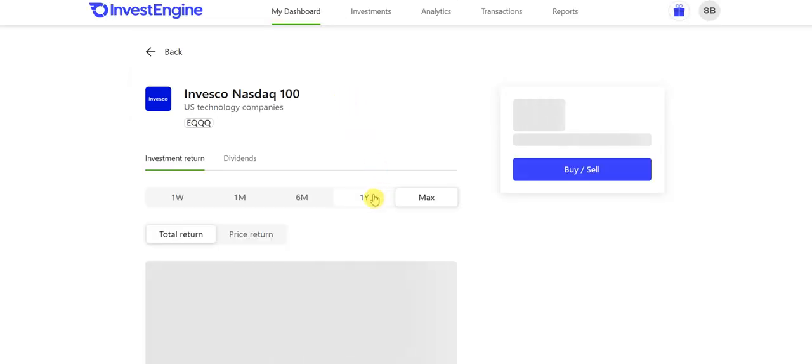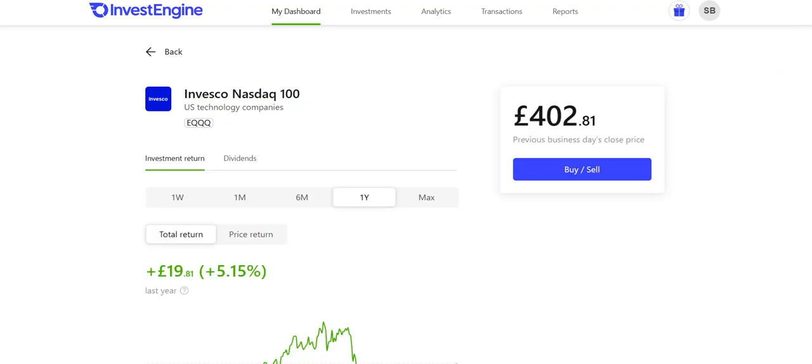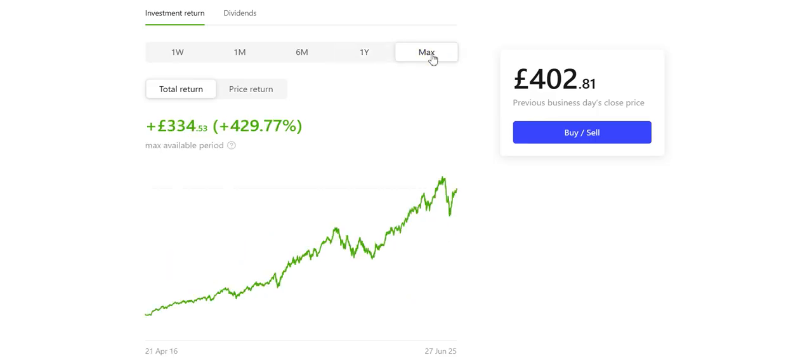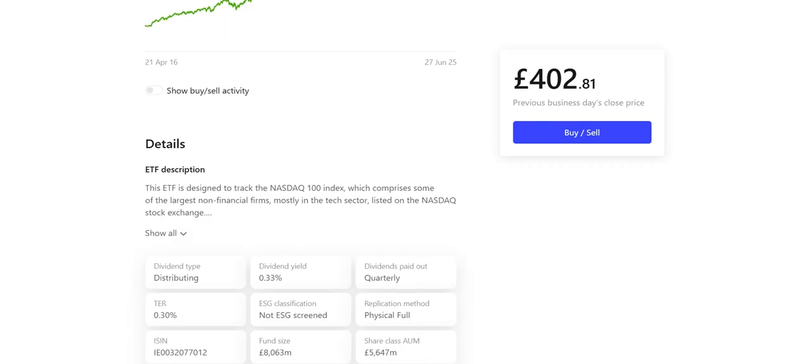So let's have a look here. So there's the yearly. Again, you need to look over a longer timeline though. So we'll do the max. You can see there, it's a lot higher than the S&P 500. I'm not saying you should invest in this because it is a lot more risky than the S&P 500, but again, if you want to get the average yearly return, you just take the percentage of the 429% and then divide it out over how many years. You can see that's from the 9th of May 2016. So you can do the same thing here.